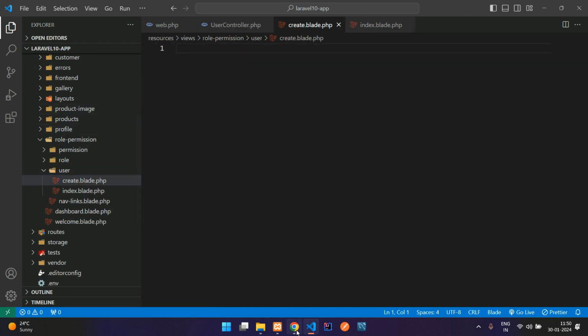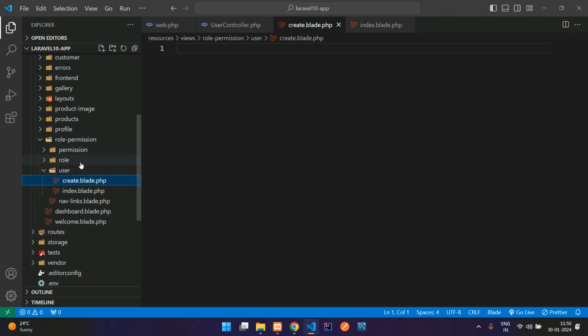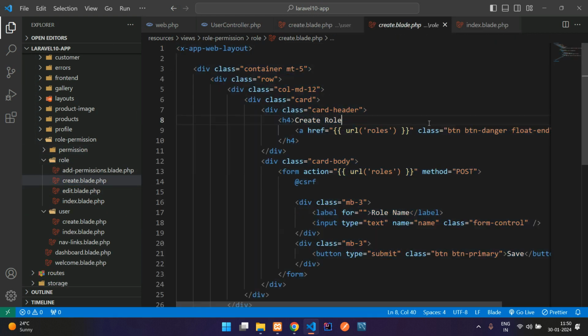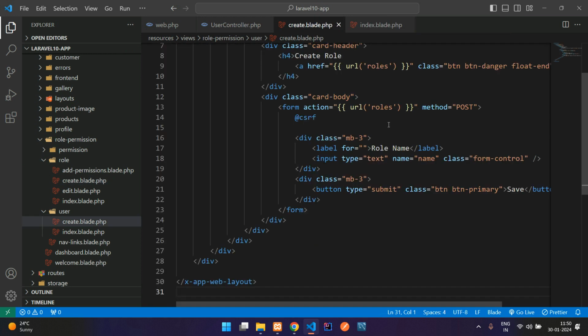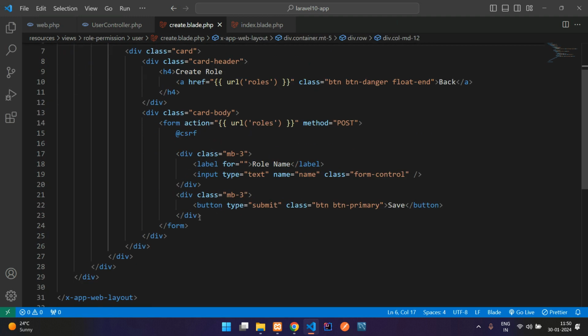Okay. And now guys, you need to design the form like here in this user view. Let's get back and let me just copy from the role part like create blade.php. Let's completely copy and paste here. Done. And now guys, we are starting from the container row and column md12 and a simple card which start